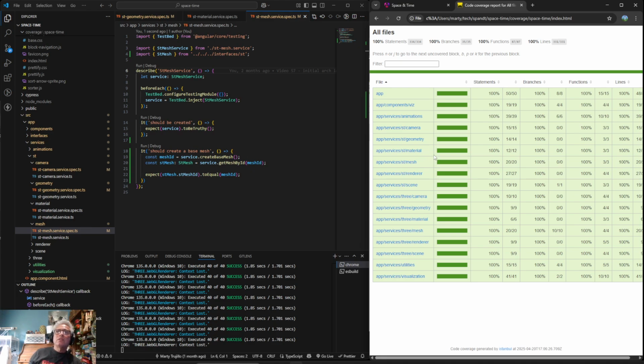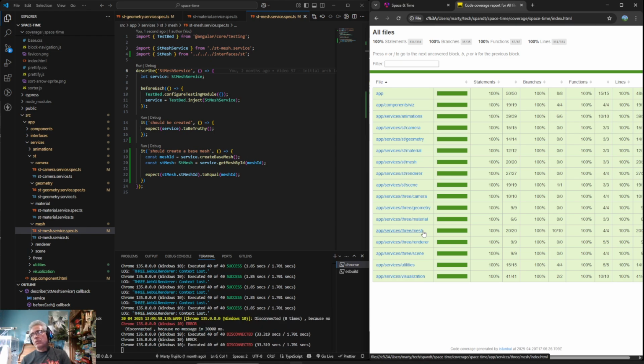And then I guess the next one is ST renderer. And I think that's the end of our, no, we got ST scene. So we have ST render and ST scene. And then I think when we get over here, it'll get tricky again. But at this pace, it looks like we'll be all through this second wave of unit testing, probably before the end of next week, hopefully by next Friday. So maybe I can even double check that the